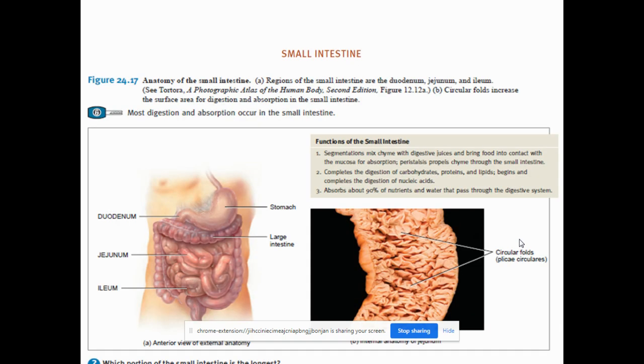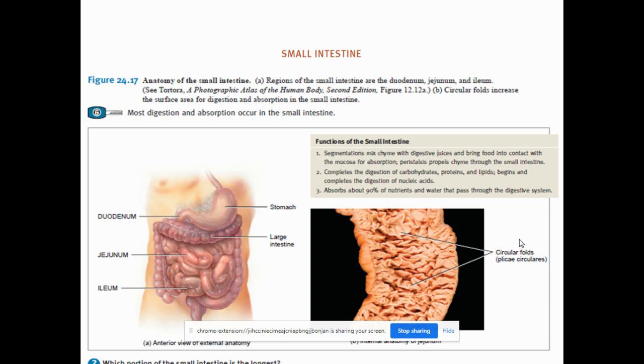In the previous classes, we have studied the stomach, the liver, the gallbladder, and also the pancreas. So we have clearly understood the anatomy and histology of all these organs involved in the digestive process, and also we have studied the secretions of the different organs and the functions of the enzymes.